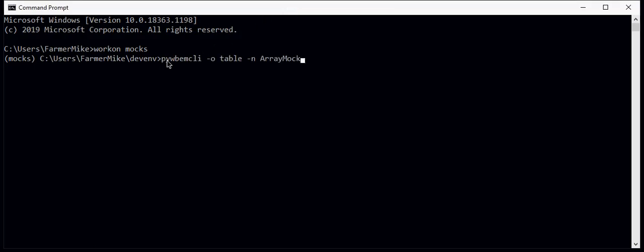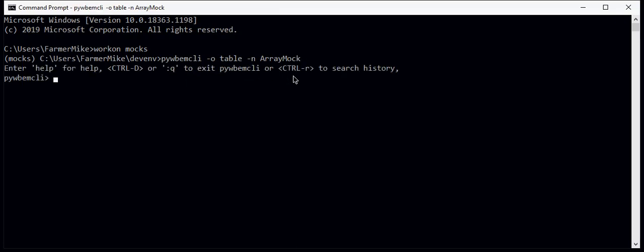And we'll do that with a pywbem CLI command that's going to drop us into command mode using the CLI. And we're going to ask for default output in table format. And we're connecting to the array mock. And we have successfully connected. Having done that, we're ready to